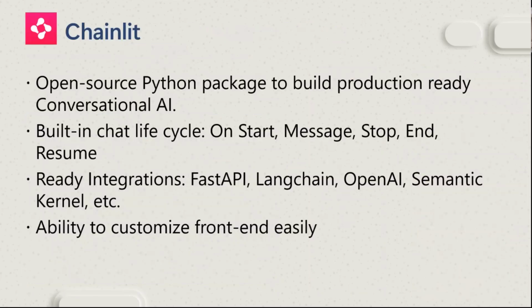Now in the front end, I would like to introduce you to Chainlit. It's an open source Python package to build production-ready conversational AI applications. What I really like about Chainlit is that it has a built-in chat-like system. We have the onStart, which runs when you start an application. So imagine this, for those who are using JavaScript or other frameworks. OnStart is when the application starts. OnMessage is when a person provides a message. OnStop would be if a person interrupts the agent. OnEnd is when the user, for example, ends the whole discussion.